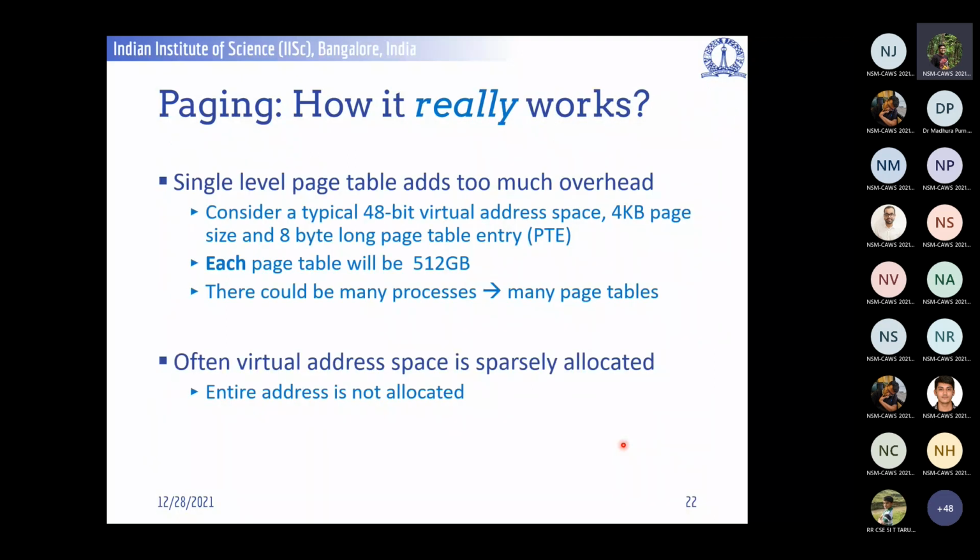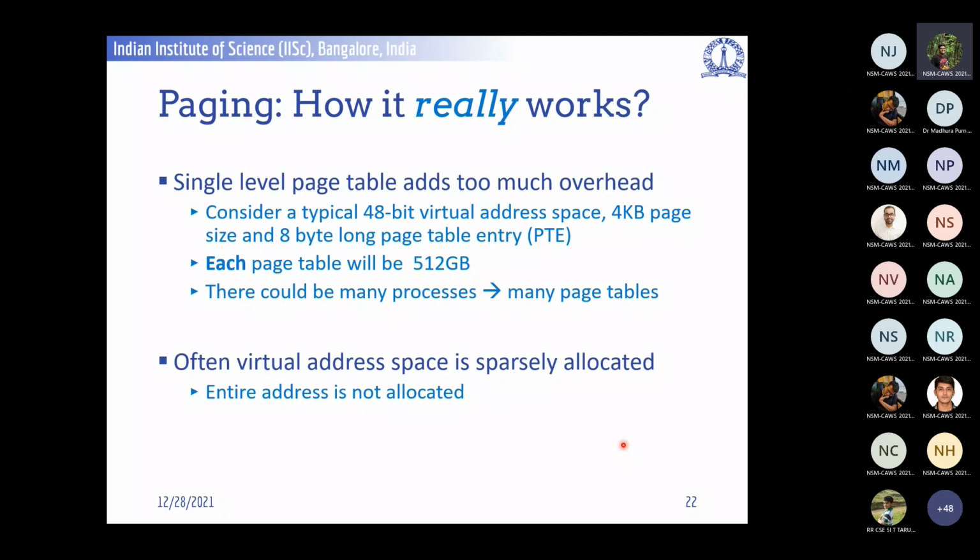However, there is a problem here. The problem is the page table would get really big, since you have to keep a separate mapping for each of the 4 kilobyte pages, and each page table entry could be 8 bytes long. In a typical x86, it's actually 8 bytes. So if you do the calculation and assume that the virtual address size is 48 bits, I think the page table itself needs to be around 512